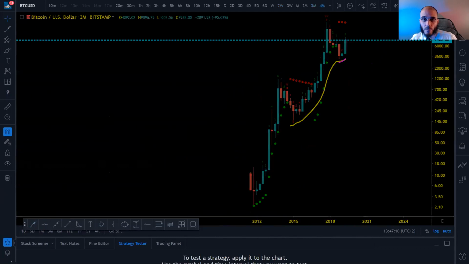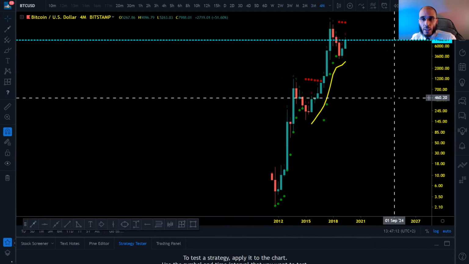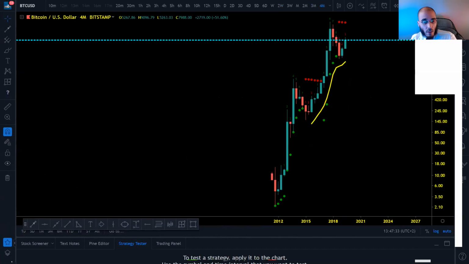4 month, you're on a 3 down without confirmation. It was TD sequential, so long time frame, nothing changed. We still have 1, 2, 3, 4, 5, 6 pointing down and 7 up. So I gave it a down without confirmation, 6 of 7. So right now, let's look again at the price. We are at 7,988, and TD sequential says that we are going higher.